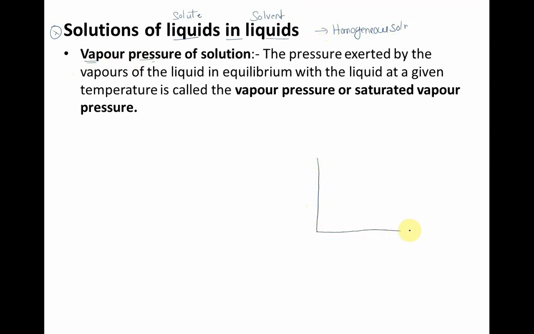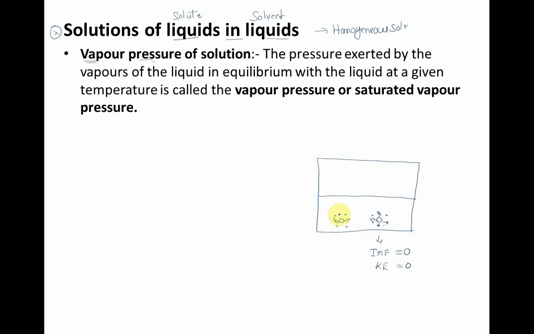Consider I take a closed container. In this closed container, half of the container is filled with liquid solvent, some water. These are the water molecules, and the one at the center is surrounded by many other molecules. So this molecule is called a bulk molecule, and the force of attraction of this molecule with other molecules will be equal and opposite in direction. Therefore, their intermolecular force of attraction can be considered as 0, and their kinetic energy can also be considered as 0.